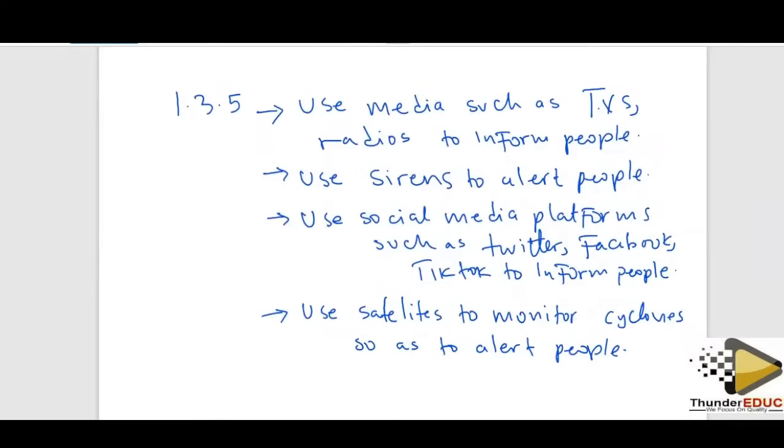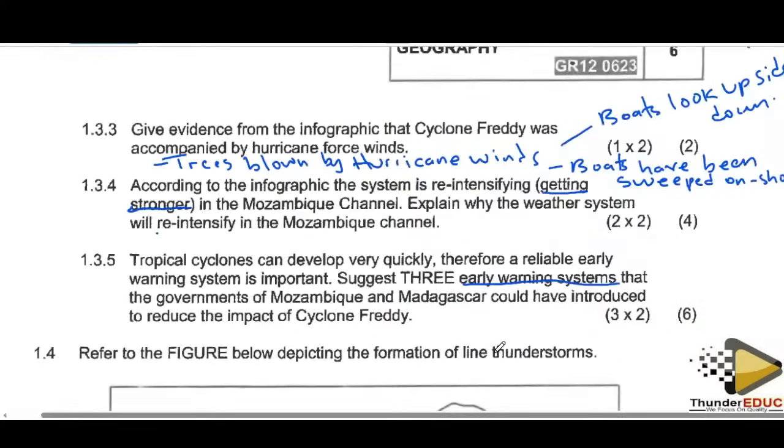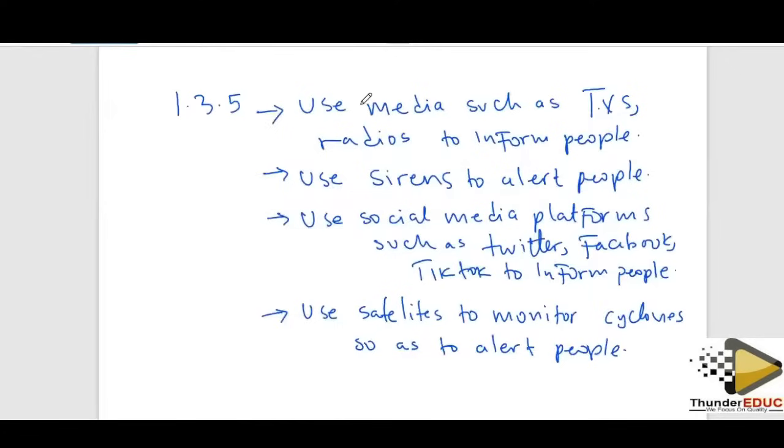But remember, the question is asking for three systems that could be introduced to reduce the impact of cyclone flooding. So if you use TVs and radios to inform people, at least somehow you could reduce the loss of lives. If you use sirens as well to alert people, this could also reduce